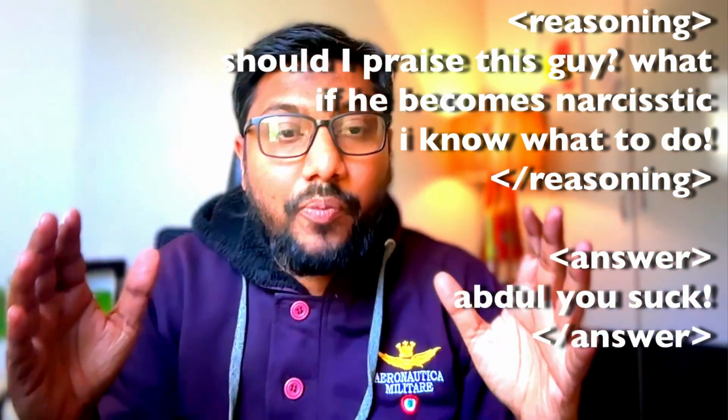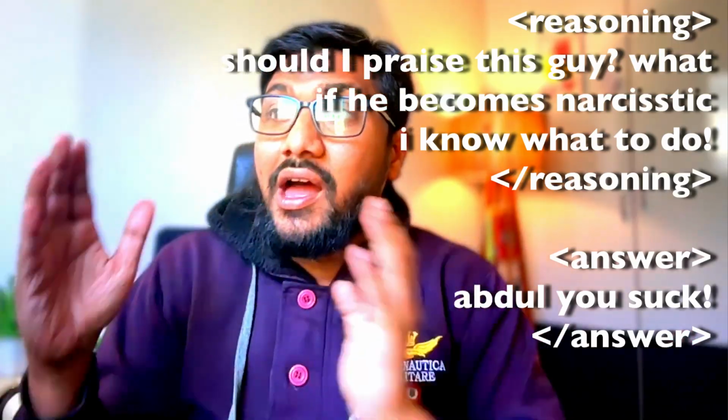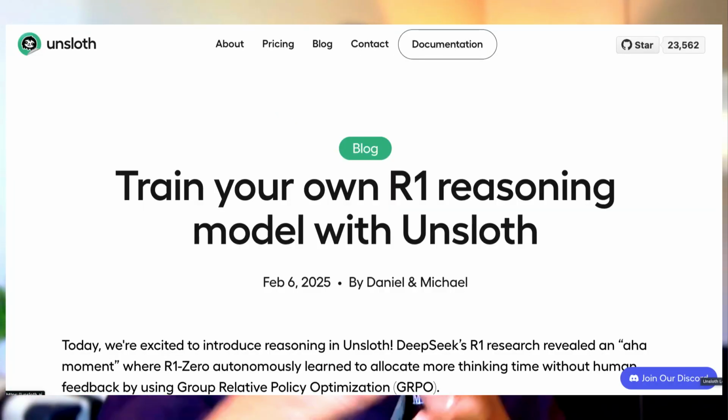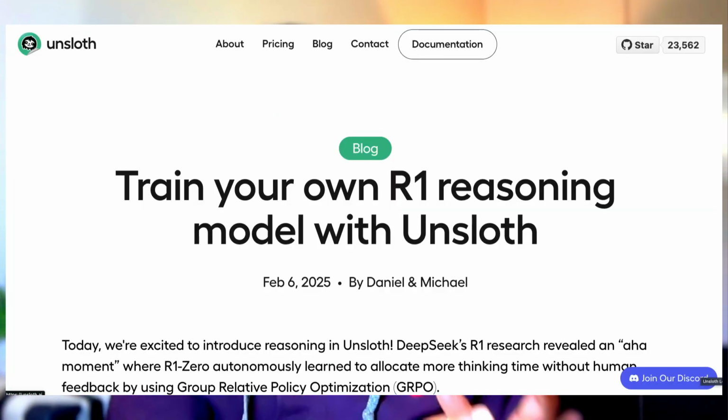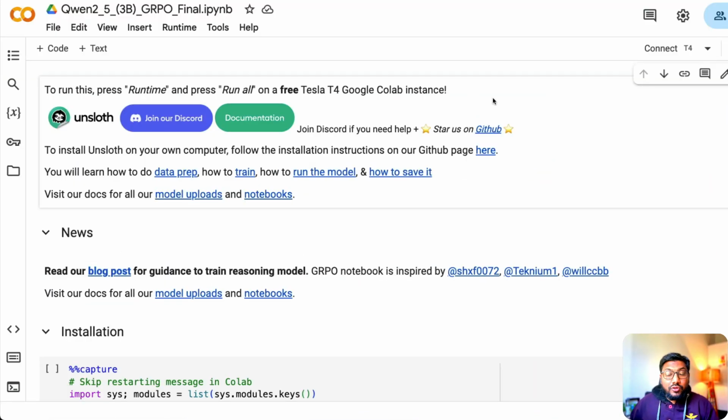This is something that has been possible because of a lot of researchers, and finally Unsloth has put together everything with a memory efficient tutorial, and we are going to follow that particular tutorial. I'm going to share the Google Colab notebook with you that you can just click from the YouTube description, straight away start running it. You don't have to make any changes,